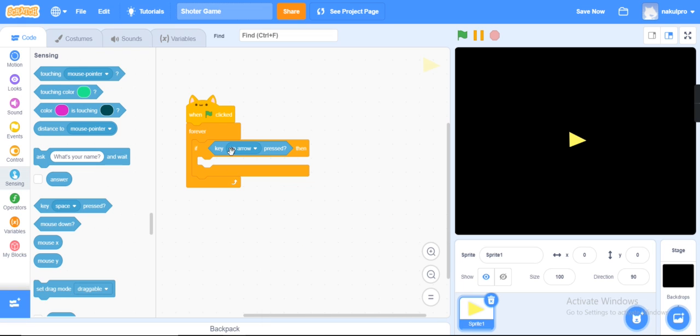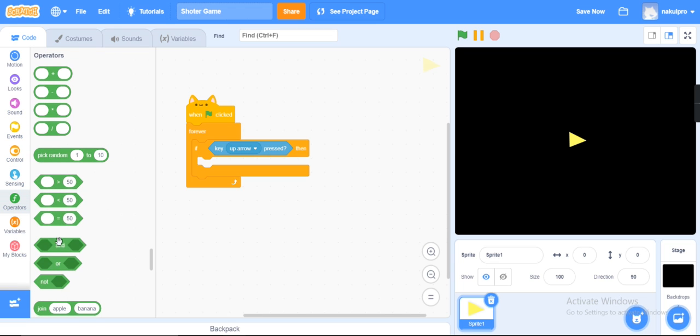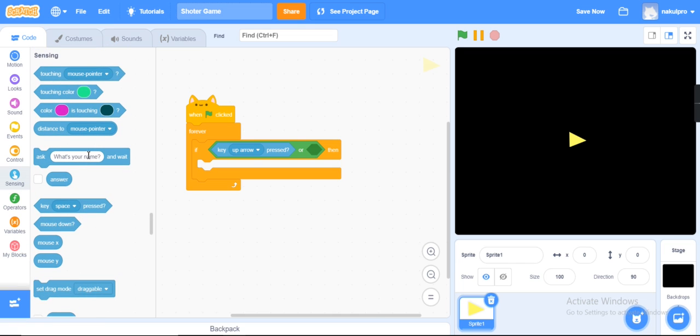I'm comfortable with this, and I'm also comfortable with that, so you can always bring an OR. Up arrow in here, or W. So if W is pressed,